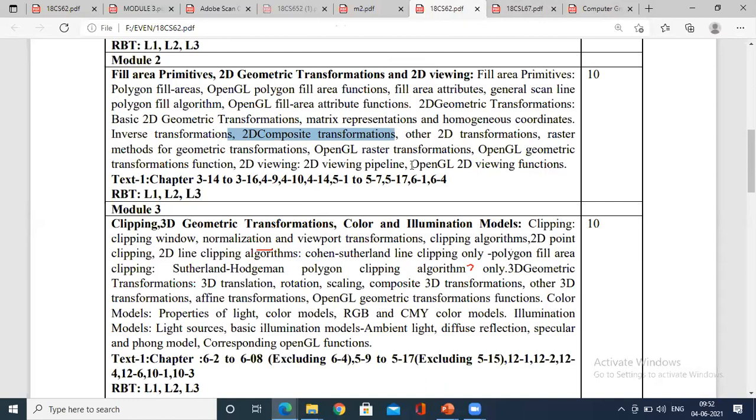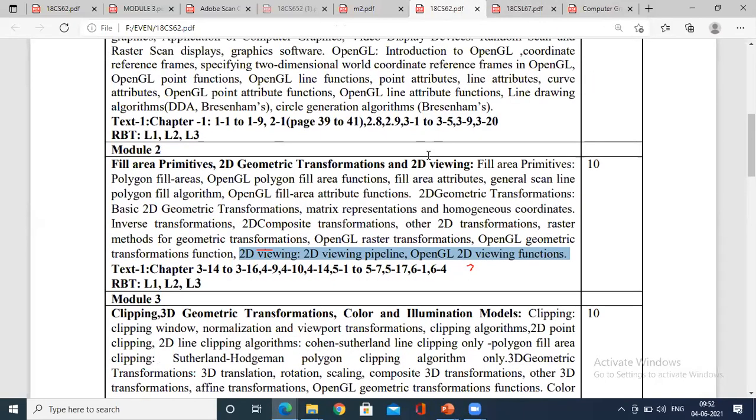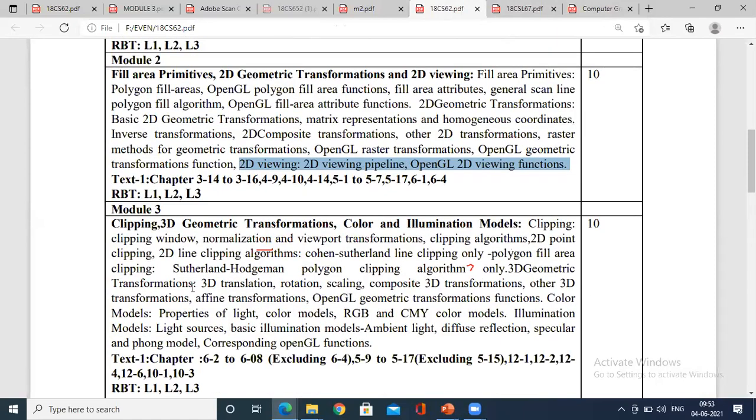Next we have to go with the viewing functions. What are viewing functions? What is 2D viewing? On Monday onwards, we'll go with 2D viewing and all these things. So don't think that we have not touched module 3. Module 3 we have almost covered in one way or another, because 3D translation and 3D scaling hardly take 15 minutes once we have done all this in 2D. I went slow on 2D because if you understand this, 3D will be quite easy. And on Monday, we'll go with what viewing is, and directly with the Cohen-Sutherland algorithm.